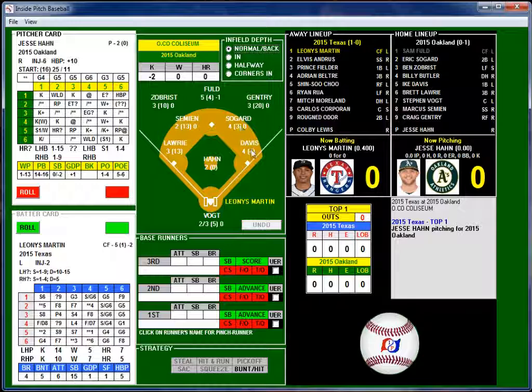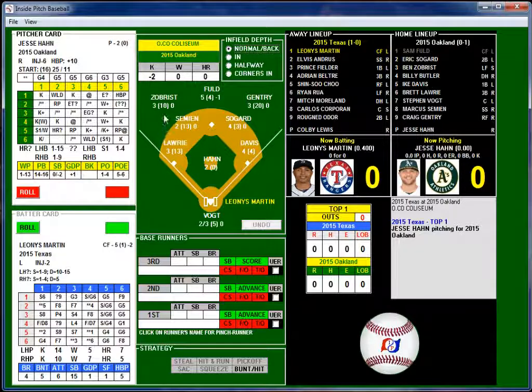Syndergaard is above average. Davis above average. Hahn, the pitcher, below average. And Vogt is below average. So if we add these up, it's going to be 2, 3, 2, 1, 0. So they're basically an average range team. They do have some really good ones, but they also have some kind of average or below average.